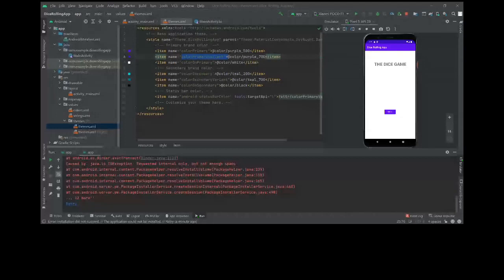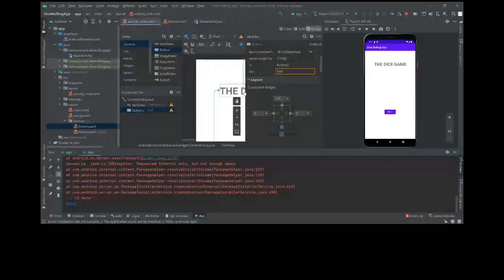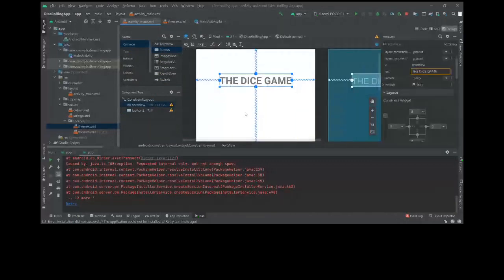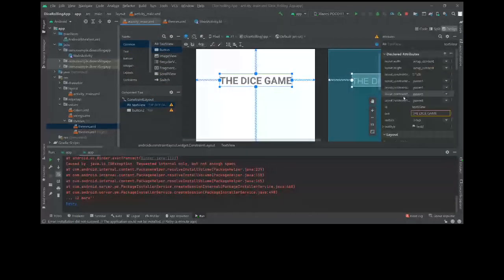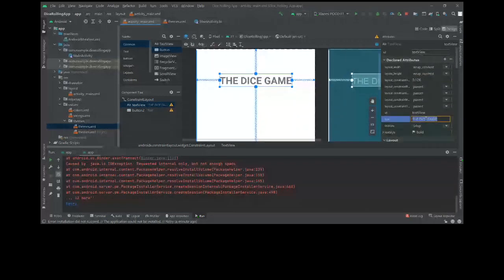How to edit the text? So, one second. To edit the text, you have to go to activity main. For example, let's say I will hide this for now. Let's say I want to edit this text view. I will click here. Then on the right side, you can see all the attributes related to this view. That is the text view. Then here you can find the text, so here you can change the text. This is an attribute of this text view. That is a text, so you can edit that.